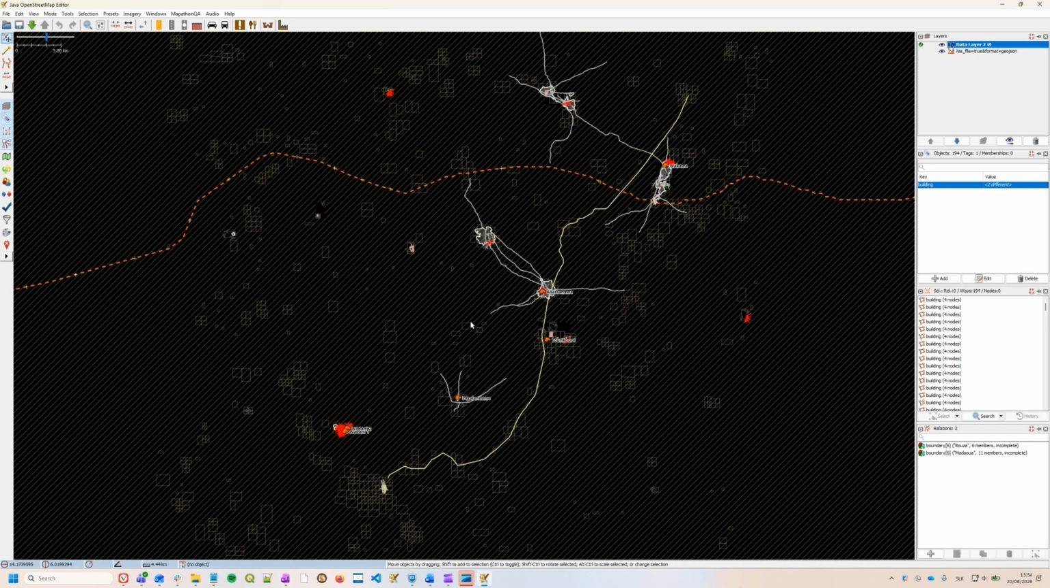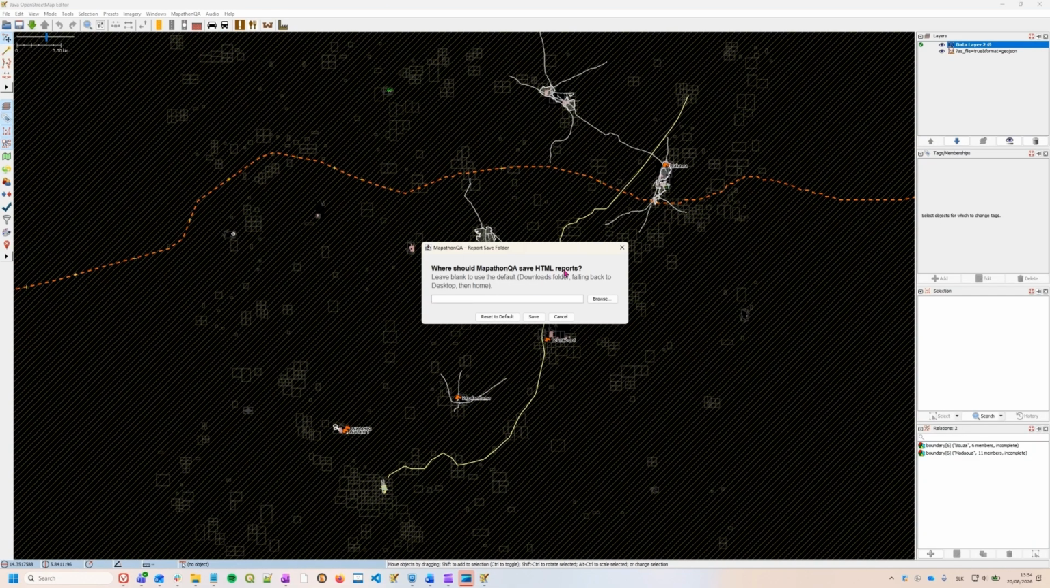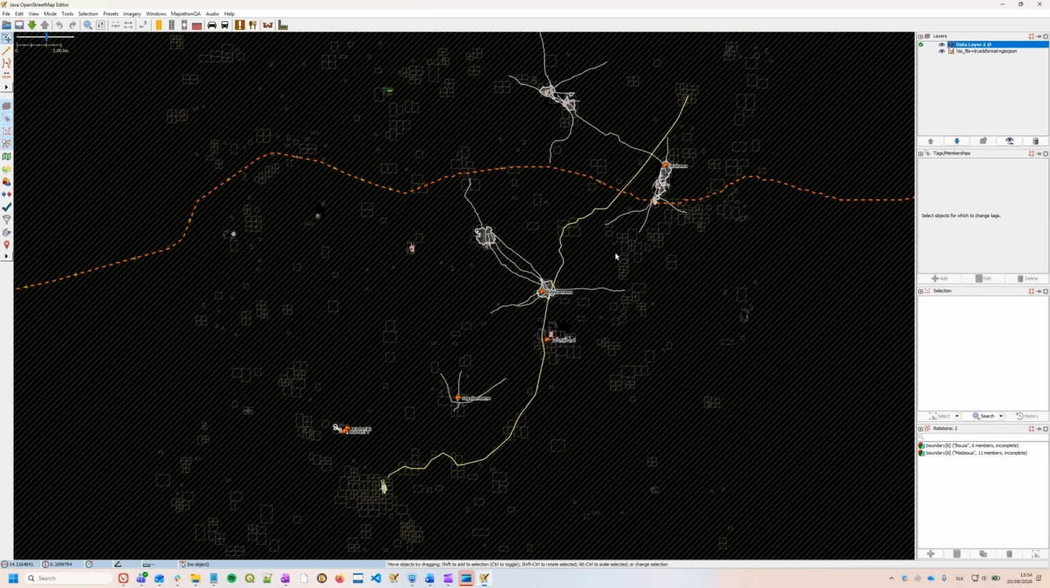There are two additional options that I didn't mention before. First is Set Report Save Folder. With this feature, I can change where the HTML report will be stored on my computer. And the second thing,